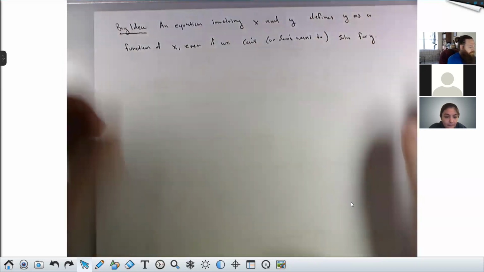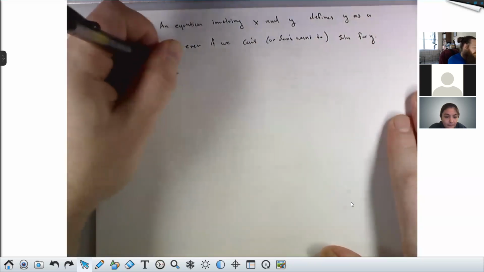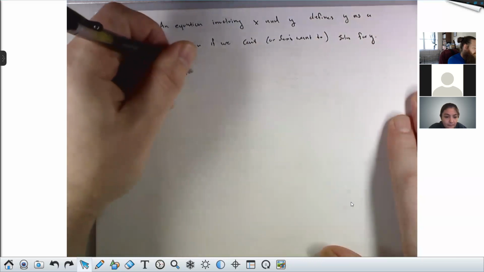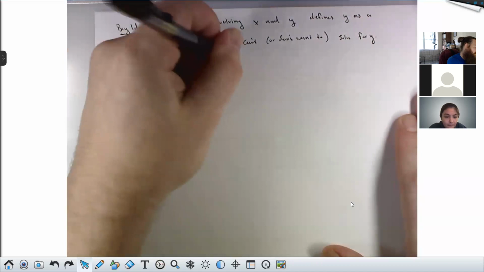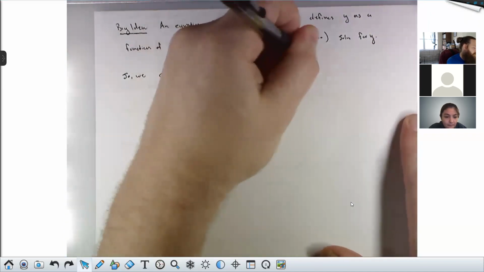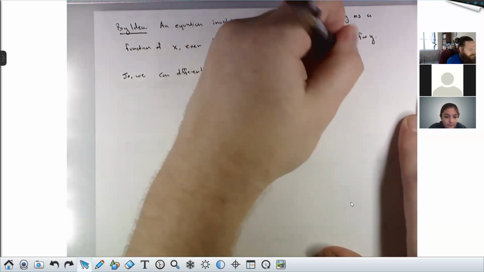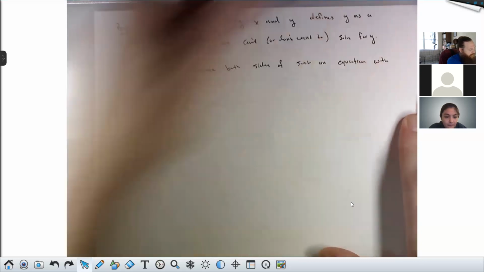So we can differentiate both sides of such an equation with respect to x,